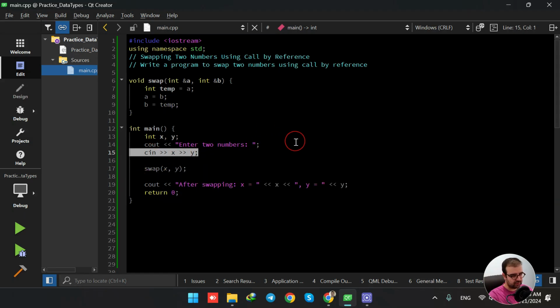Then in order to perform the swapping operations, we are calling a function called swap, and we are passing as arguments x and y. So here, the name of the function is swap. It's a void type, so it's not going to return anything. And it has two arguments, the first one and the second one. Here, they are separated by a comma. And you see that both of them are of type integers. And we are having the call by reference. How do we know that? Because we are having the and